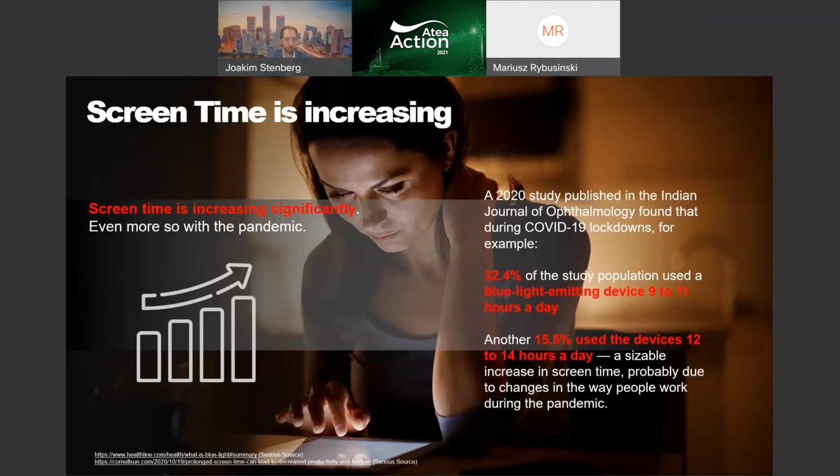So working in this new environment with a lot of Teams meetings and working from home has increased our screen time, even jumping now through the pandemic. So I just wanted to highlight the fact that we're spending a lot of time in front of screens, and this can be a burden to our eyes, and also the ergonomics of the change in the workflow, how we spend more time in front of the screen than meeting